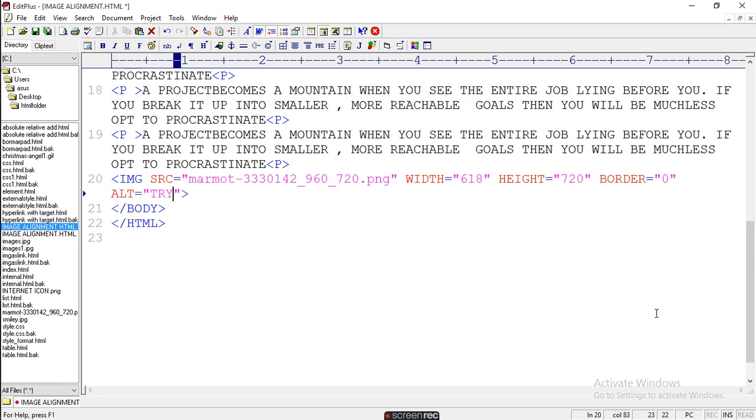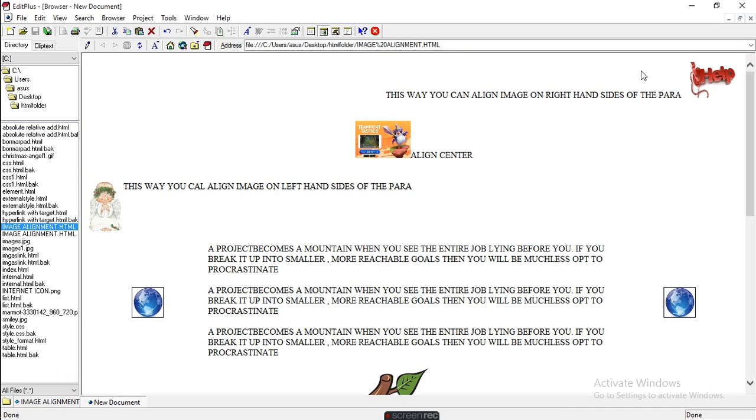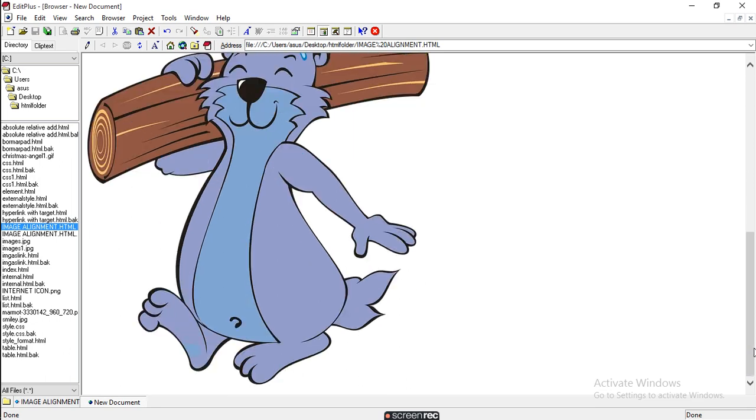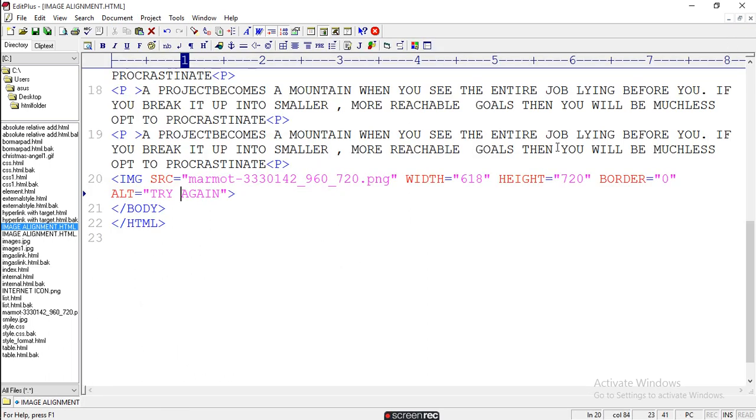Here you write try again and press Ctrl B. You will get the image, this one. Now you haven't set the width and height, so it is taking the original height and width of that image.